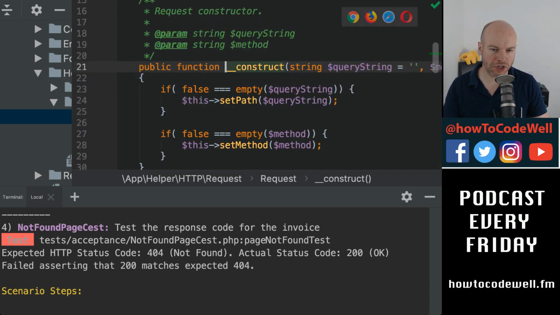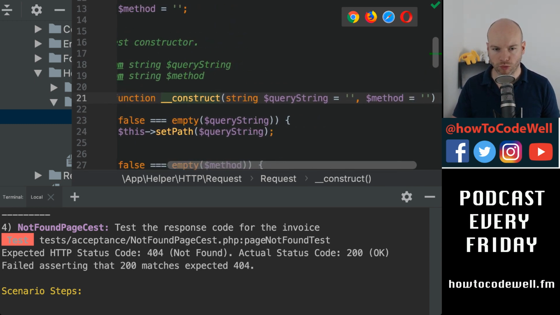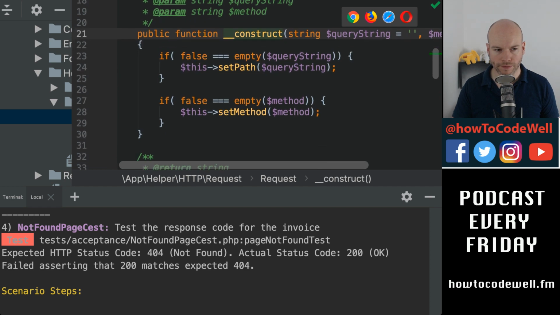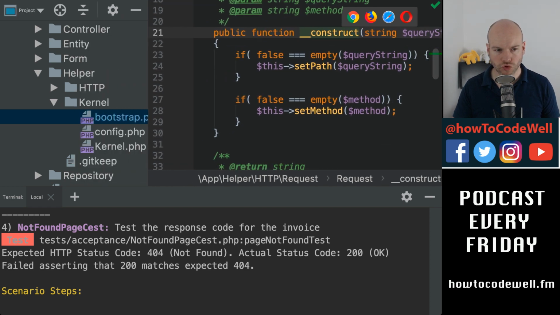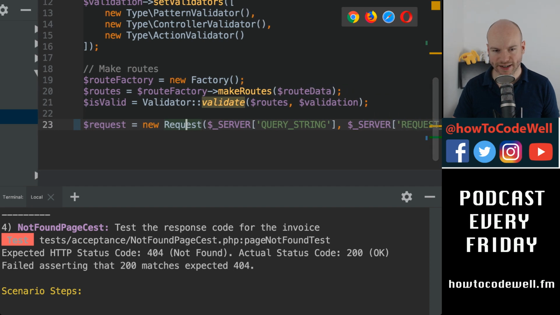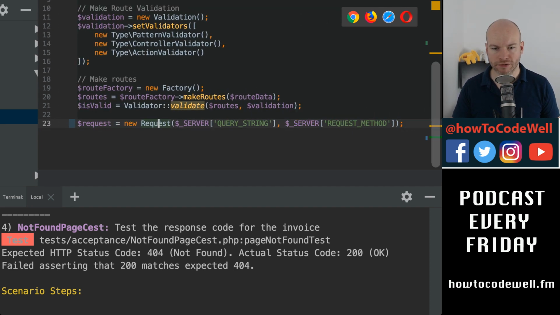I'm just wondering if we could just put in $server and then deal with that from here. Okay, let's leave it at the moment. We might be able to refactor that later. There's no need to refactor it right now. So we have the request